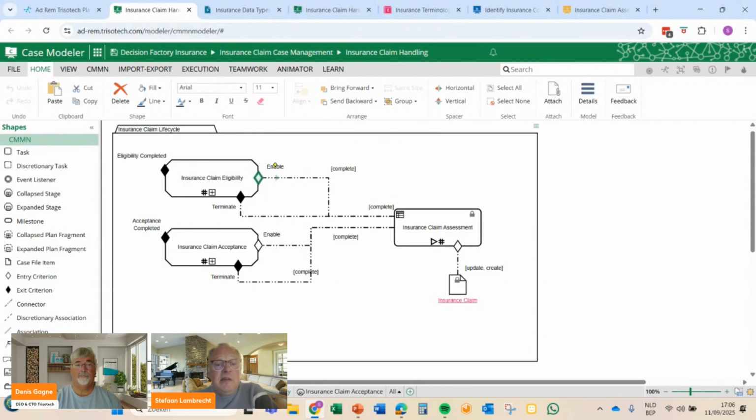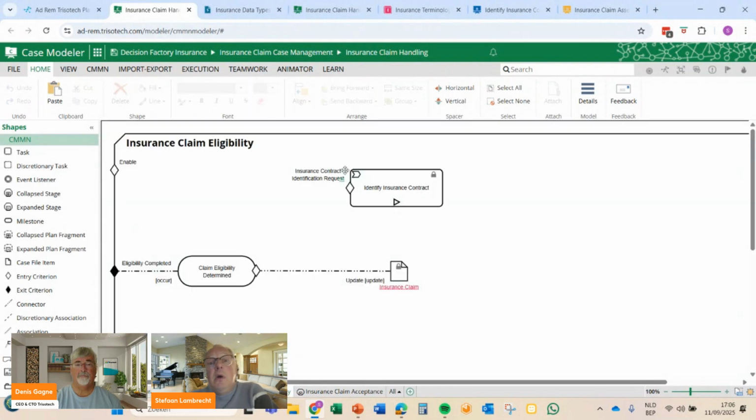Then we will get into the eligibility stage, and this BPMN process, which we saw earlier, will be kicked off, and the user will need to do something, and then it will all be ended in terms of eligibility.